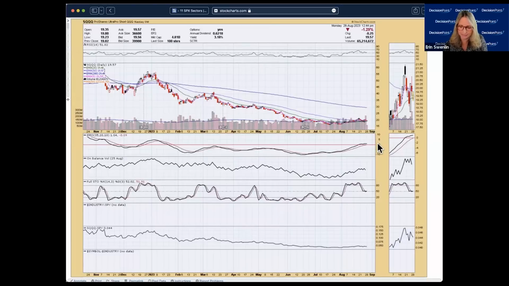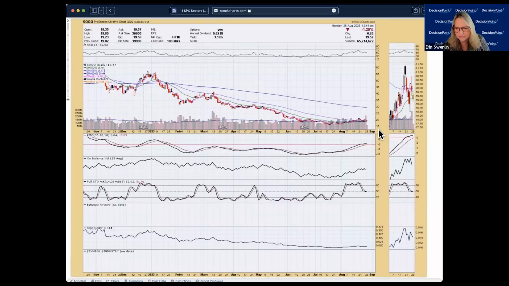I don't think that's a bad idea, but I don't know that I'd want to go leveraged on it at this point because we are in this pause, possible relief rally situation. And that would really leave me hanging out there with a leveraged one. But I think inverses in general are a pretty good idea as a hedge if you want to be hedged. I would be going to something like a reverse on technology or an inverse on the NASDAQ or the QQQ, as you can see here. I still think it's a good hedge, but right now I have my hedges turned off.